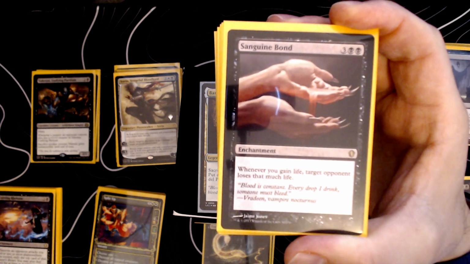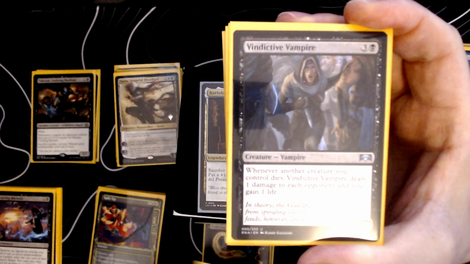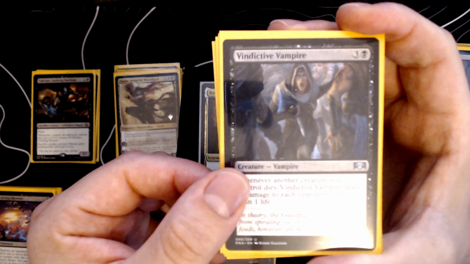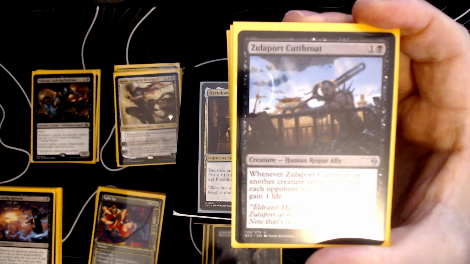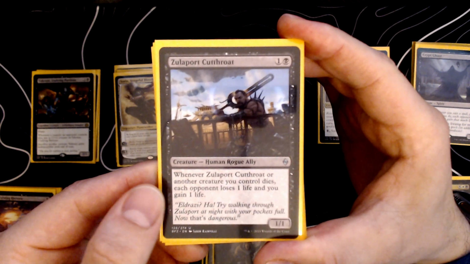Sanguine Bond, whenever you gain life, target opponent loses that much life. So again, just like Enduring Tenacity. Vindictive Vampire, when a creature dies, it deals 1 damage to each opponent and you gain a life. Zulaport Cutthroat, the same as the Vindictive Vampire, but